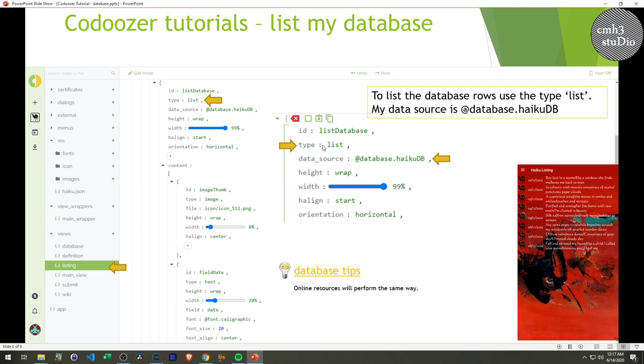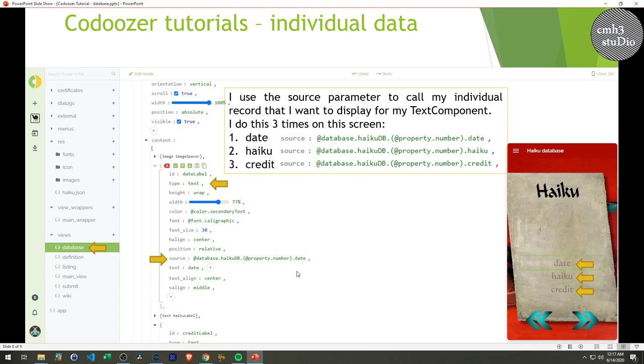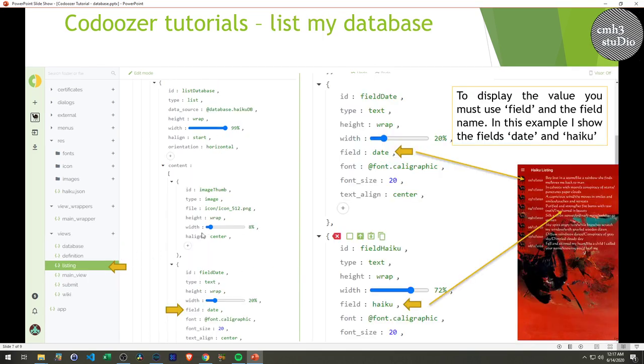So here's a blow up of that same field there. I'm going to do a list type. I'm going to reference my data source as at database dot ID, whatever ID I gave it. Use the type list, and my data source is database.haikudb. As you go to the next screen here,